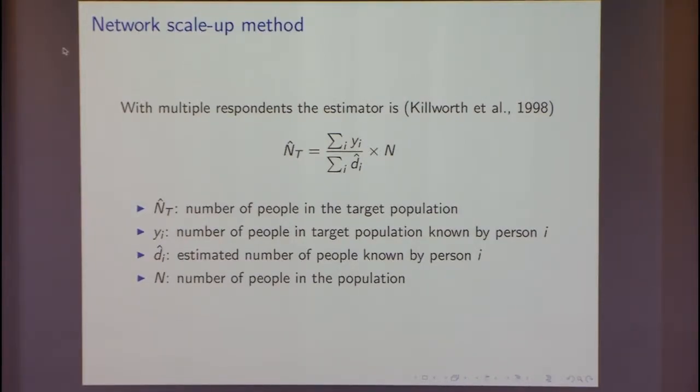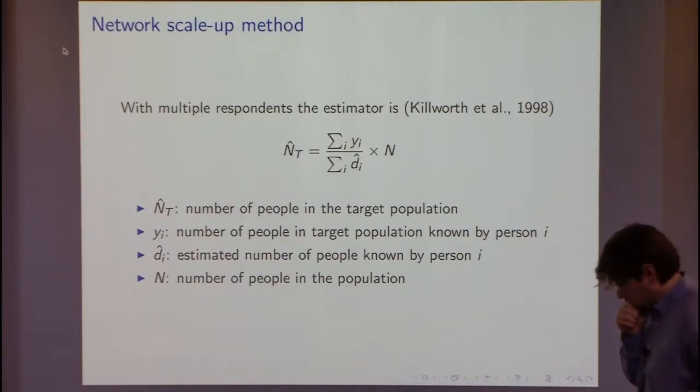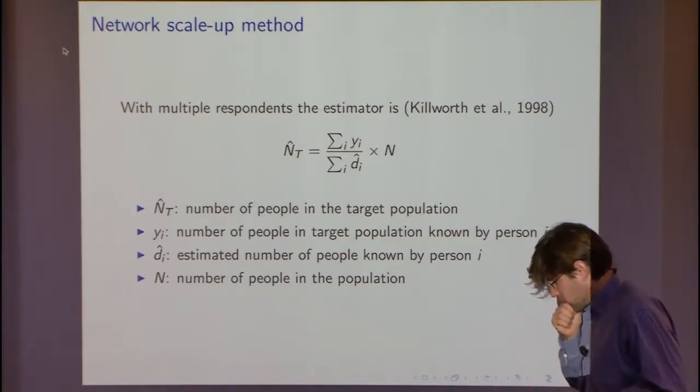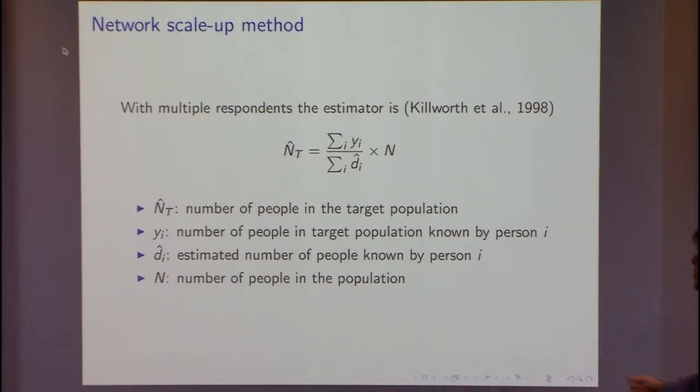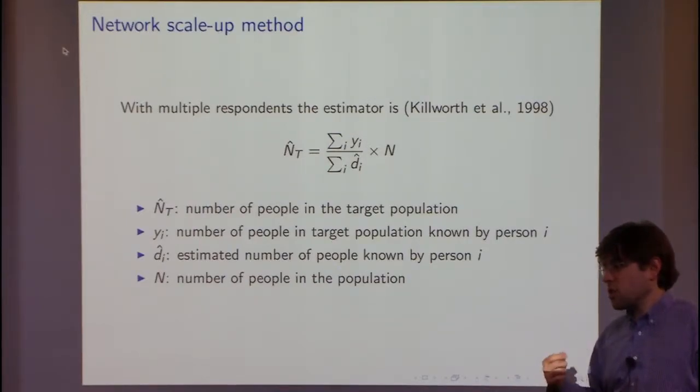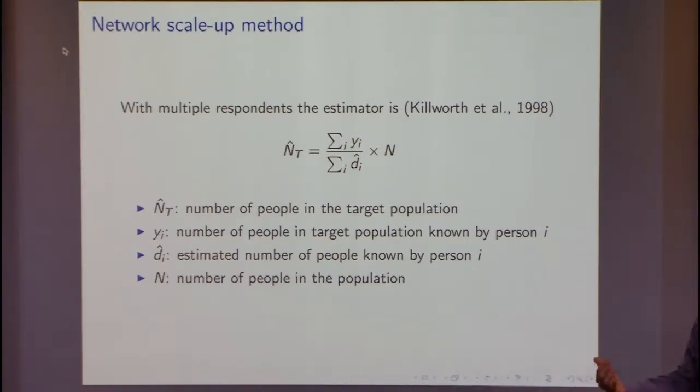So that's the intuition for the method. Yeah? So if you had some high degree nodes which had red hair, then you would be biasing towards that, right? You'd get an estimate that is higher. That is absolutely right. So that is one of the many problems with this estimator. So one of the things we did, which I don't want to talk about exactly here, is we've come up with ways of trying to estimate the average degree of people in the target population, which would allow us to undo this problem.